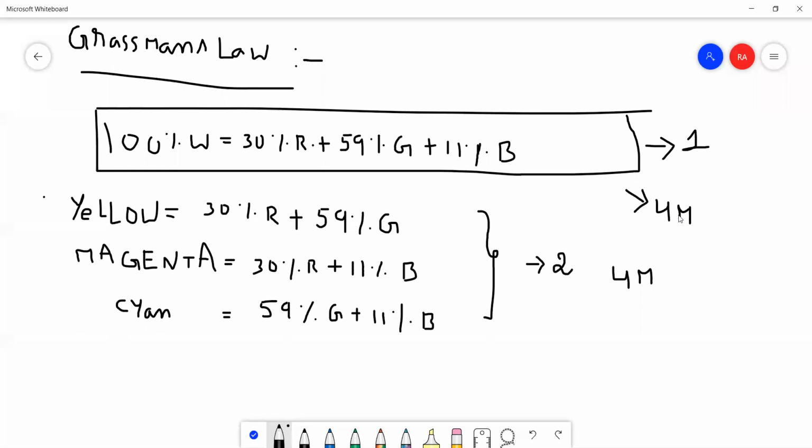So by now, what is the summary? What is the idea behind this topic? Our eye perceives new colors that depend upon the algebraic summation of red, green, blue. So this forms the basics of color signal generation. So that is Grassman's law. Very, very important for our end examinations. So dear students, look at once this Grassman's law.